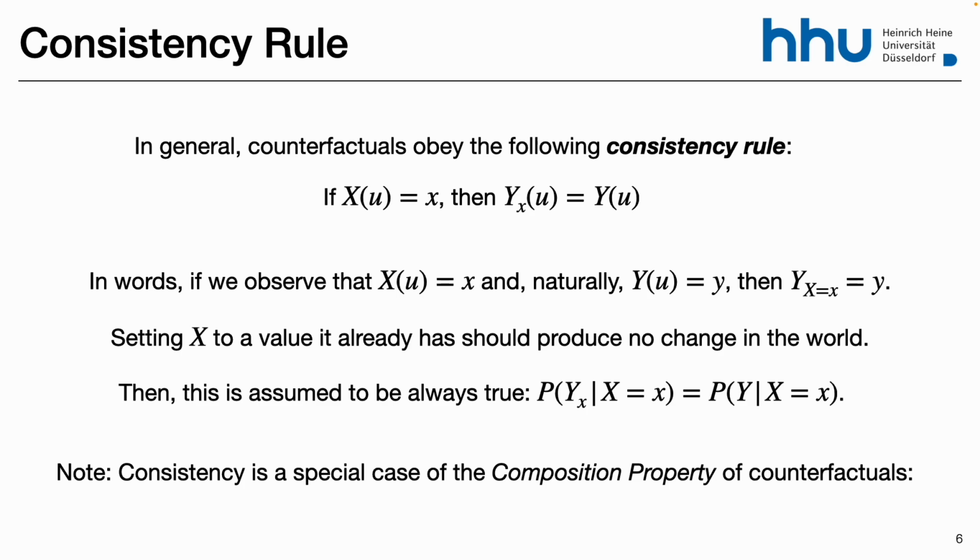So this is just a note, so you can see, but it's just that the consistency rule, as I said, is a corollary, a special case of another property called composition, which is actually the real axiom. So you have this w. Basically, it doesn't matter if you have another w. If you observed x equals x under some intervention w, then the y has to be the same y as when you don't have the intervention on x.